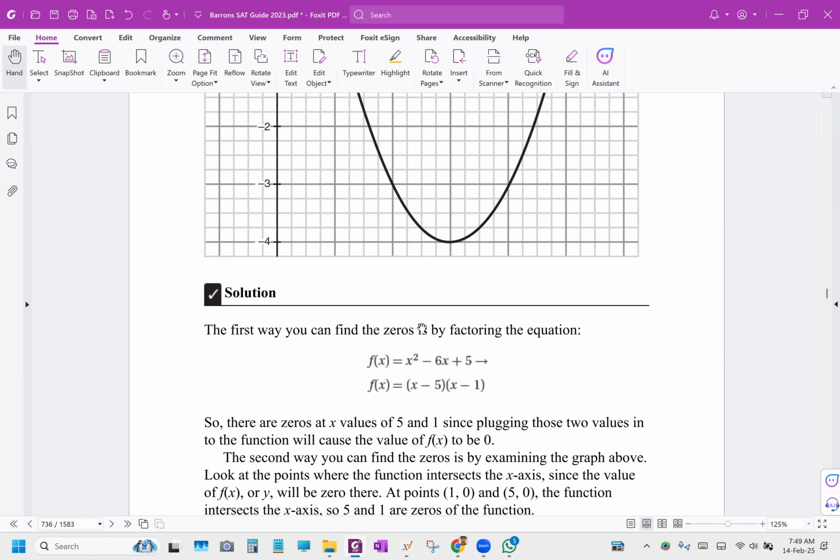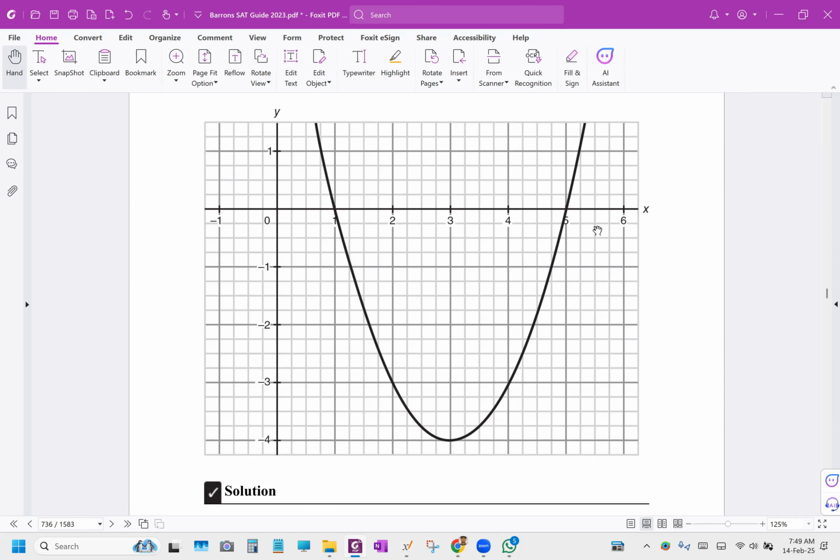If you solve this equation, you would get the solution x equals 5 and x equals 1. So these two are the solutions, x equals 5 and x equals 1. You got me? So you are 100% sure that this parabola is going to intersect (1, 0) and (5, 0). This parabola is going to intersect (1, 0) and (5, 0),